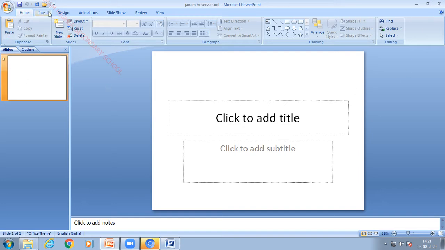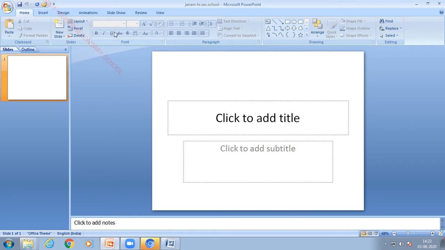Okay, so next let us see what this is. In this presentation we have a left pane and a middle pane. In this left pane we will be having a lot of thumbnail images of the slides. By default it shows only one page. So the thumbnail slide appears in this left pane. In case you are creating 10 pages or more, all the slides will appear in this left pane. Okay, so next here is the middle pane. In this middle pane we are able to start our presentation.